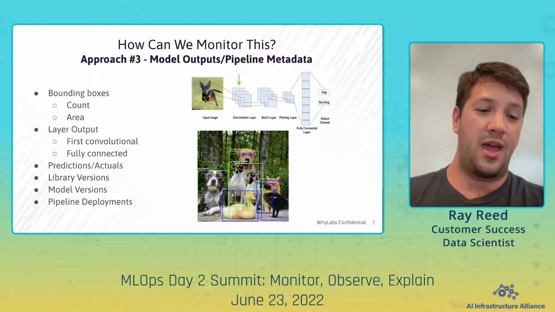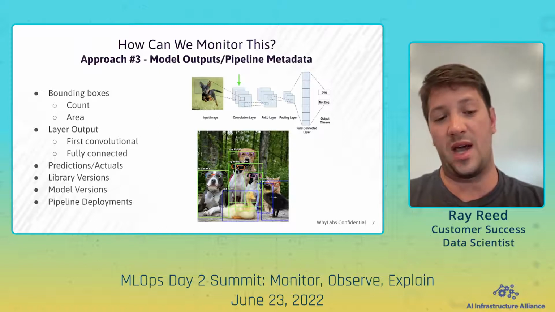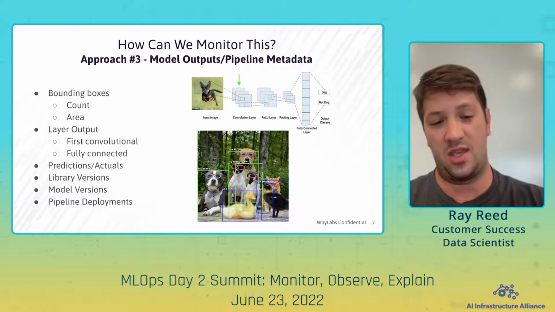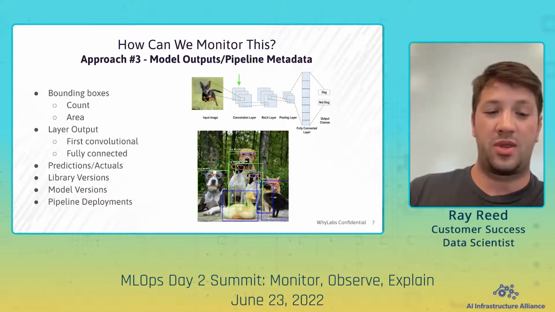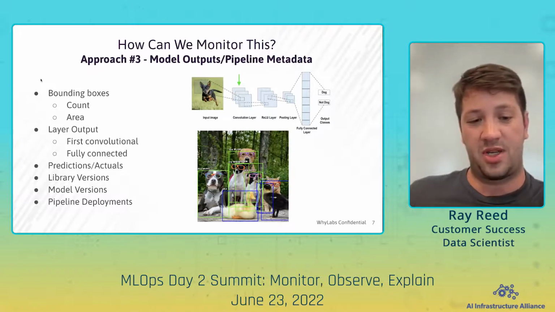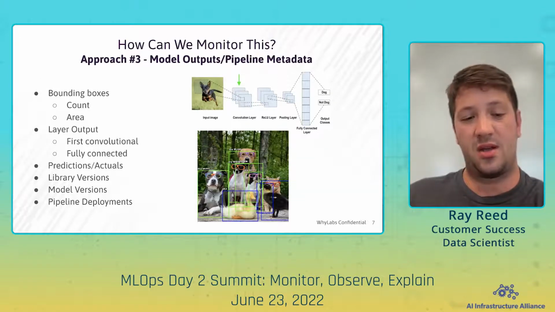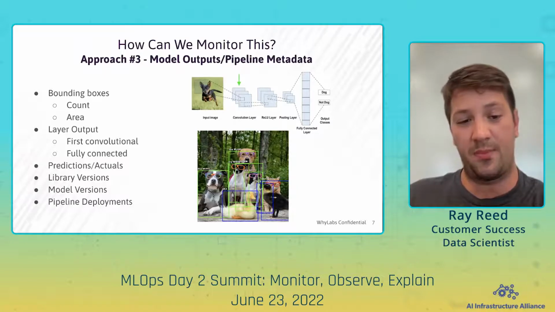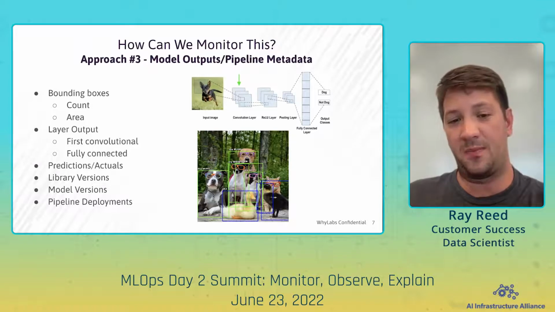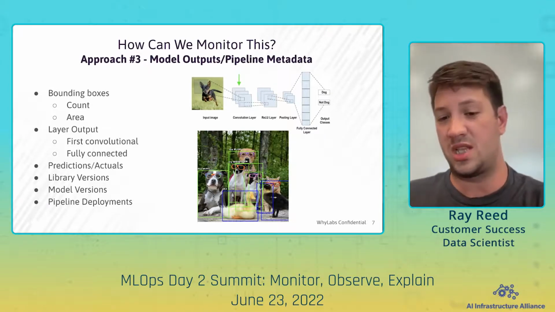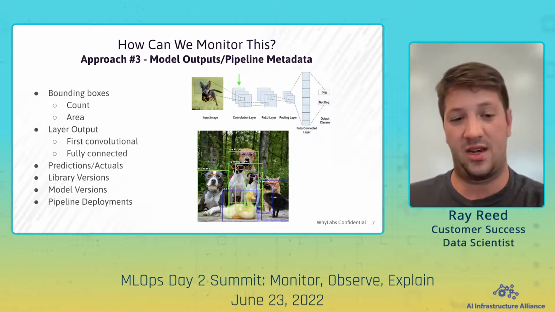suffer. And in addition to that, we could track all kinds of metadata about the data pipeline itself in the ecosystem. So we can pair this image data with things like the versions of the libraries we're using, model versions, the most recent deployment to any kind of pipeline update or anything like that, which could help us tie any anomalies to changes that we did on our end, and help us tell if it's us or if it's the data